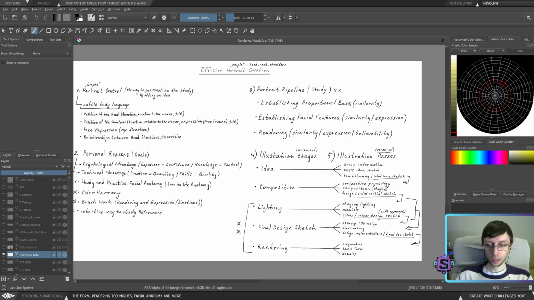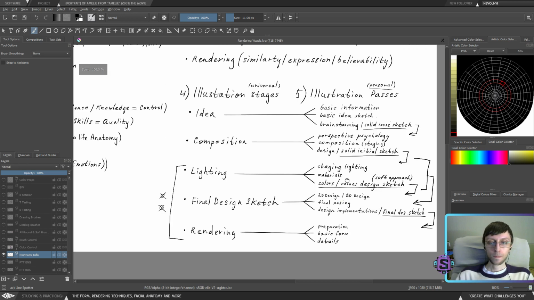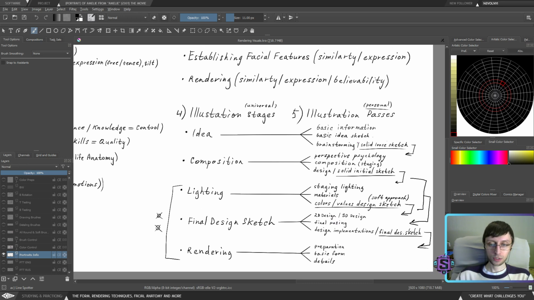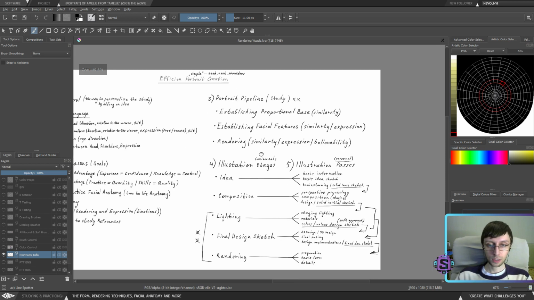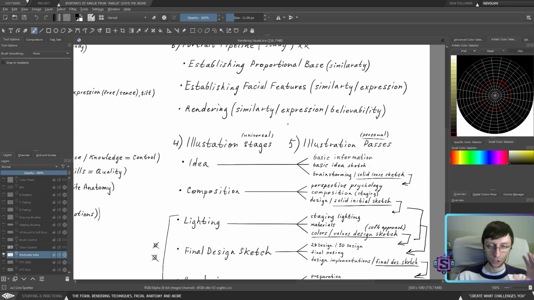Again, hopefully while asking the right questions we will come up with the right answers automatically. Although I don't have the actual answers for how my first portrait is going to look, hopefully it's going to look decent because we established all those elements. And throughout the process, because I established all those elements, it will help me to struggle less and have more fun doing it. It will also help me focus on solving the actual problems with this character instead of focusing on the process and not understanding where to go next.